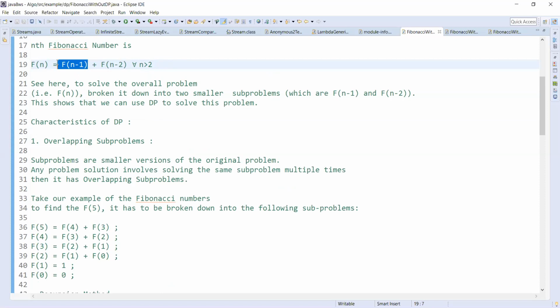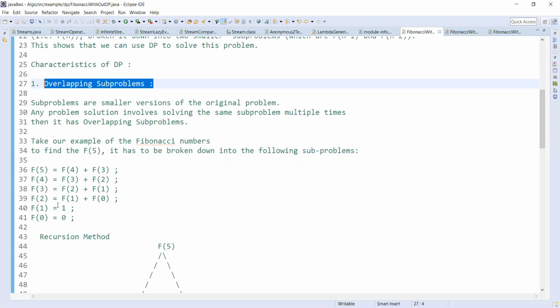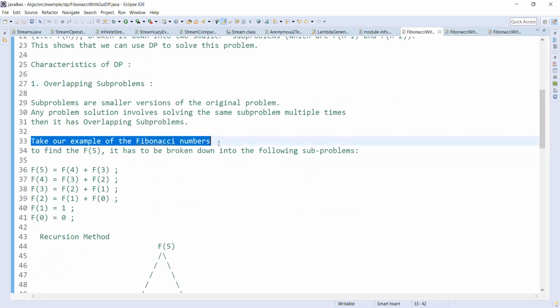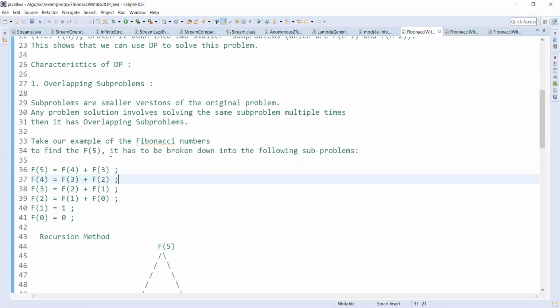If a problem's solution involves solving the same problems multiple times, then it has overlapping subproblems. In our Fibonacci example, to find f of 5, it has to be broken down into subproblems. f of 5 is f of 4 plus f of 3. f of 4 is f of 3 plus f of 2. Likewise, these are all subproblems.